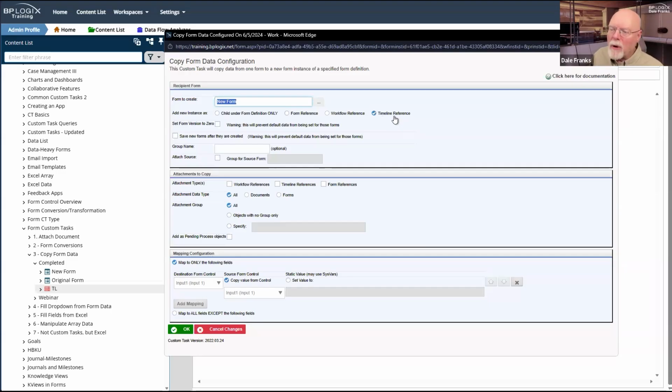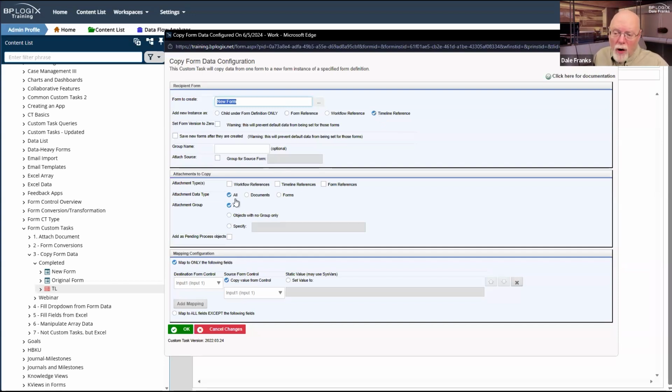So it's important in this case to be sure that timeline reference is checked, because I do want both of these forms ultimately to be timeline references. And as an administrator, if I want to go back and look at both of those forms, I only have to go to one place, not only just the forms, but the document attachments, if any. I only have to go to one place, the timeline attachment, to access them.